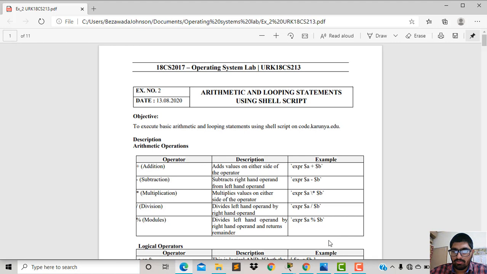Here is the description; we all know what the addition operator does. It adds the two numbers, and subtraction subtracts the two numbers from the input. Multiplication multiplies the two numbers. Division divides and gives the quotient as the answer for the numbers the user gave. And the modulus operator gives the remainder as the answer. To create that,